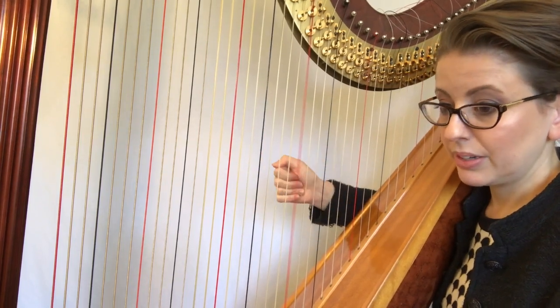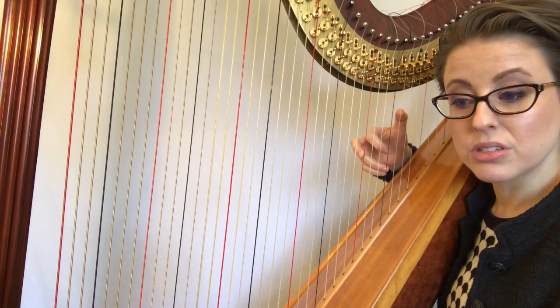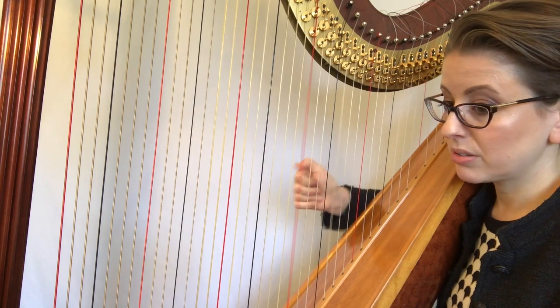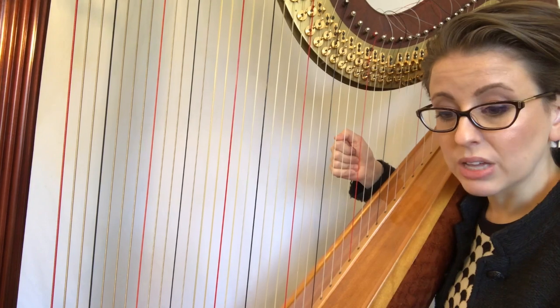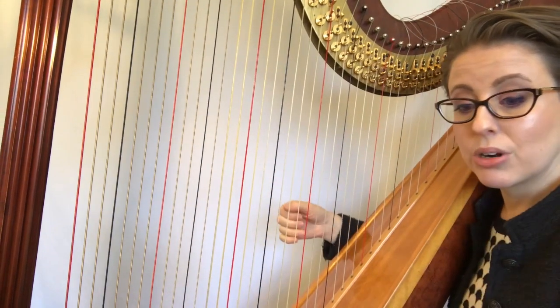Down. Then in the last measure, it says we jump up just 1 octave to the C and the G. So we're playing the same 2 strings, same two pitches, but an octave apart for those last two measures. If we're taking a look at exercise number 9,